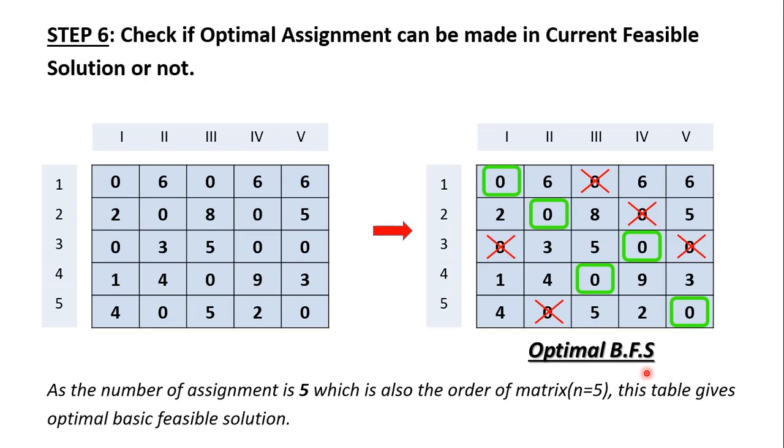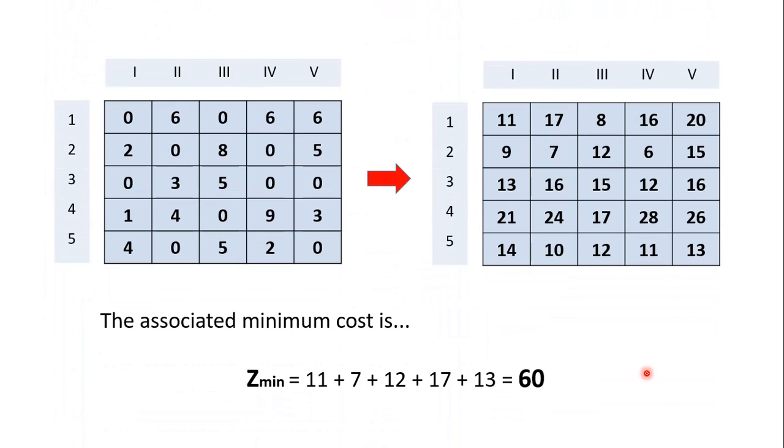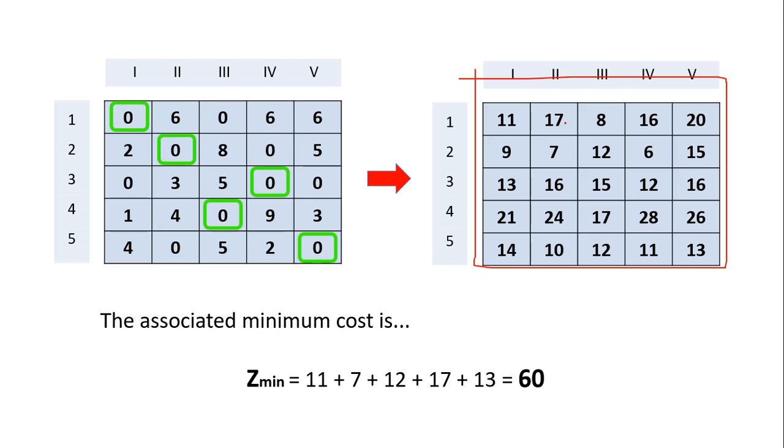Now what is the whole motive of finding this optimal assignment? Once we have the optimal assignments, for your convenience we have reflected the main problem table here. This is our problem table, the initial table which was given to us. In this table we have to plot the assignments that we have found in our optimal basic feasible solution. So here are the assignments. Now you can see all the assignments here.